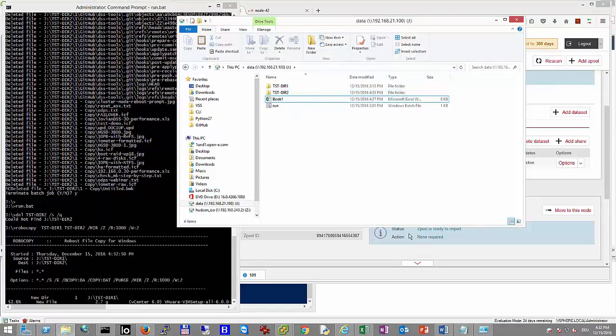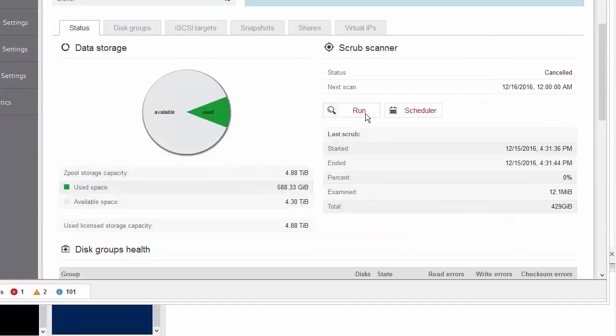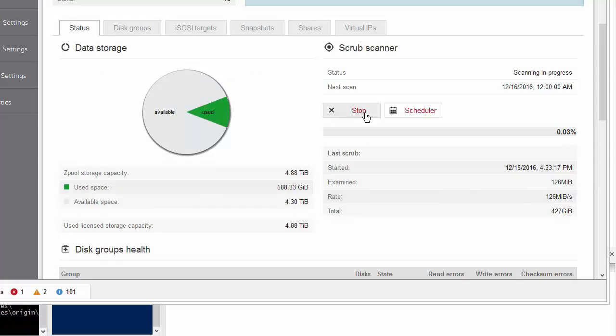Now we are copying new data, but of course the data is one-to-one duplicated, so we could check it now. We have back to 427, right?